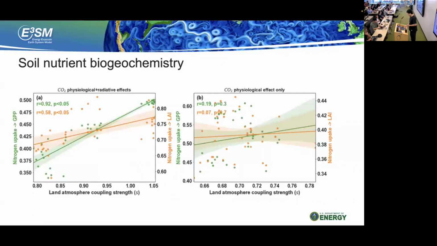And what's the role of nutrients here? If you have warming, the soil warms up and accelerates decomposition and nutrient mineralization, providing more nutrients to support plant growth and all those BGC activities. But if you have only CO2 concentration feedback, which means you don't have warming, but you have increased CO2 and a response of stomata to the CO2 enrichment, basically the plant closes the stomata partially to isolate itself from the atmosphere. So the coupling strengths decline. And the nutrient plays the least important role here. So that's the most important message that these two scatter plots can tell.